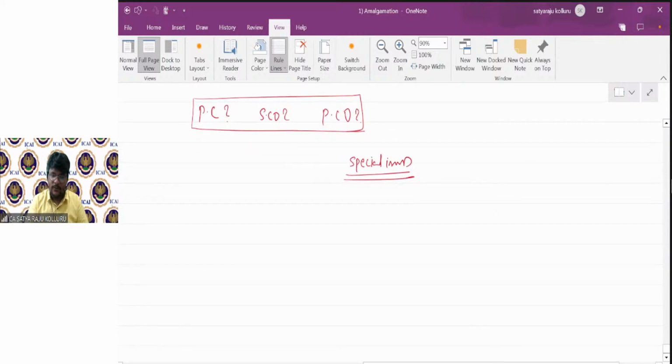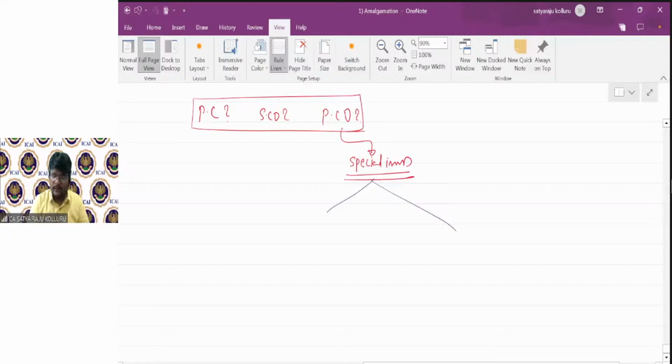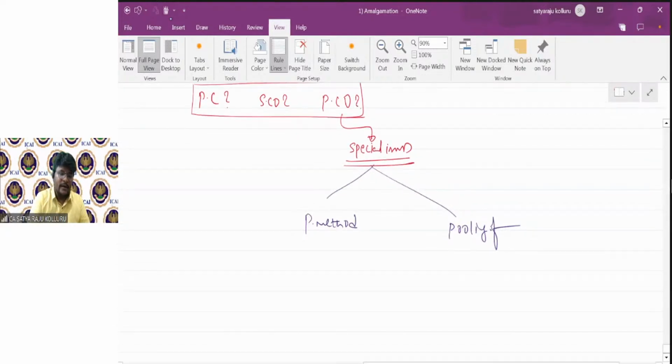First, let me explain the special issues in the purchasing company. This is exclusively related to the purchasing company's accounting treatment. You know there are two methods: the purchase method and the pooling of interest method. That is merger. Amalgamation in the nature of purchase, and amalgamation in the nature of merger. Now the point is,